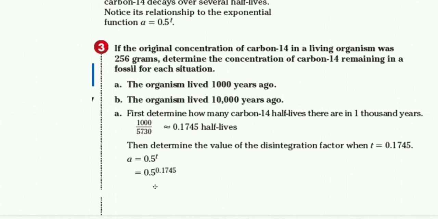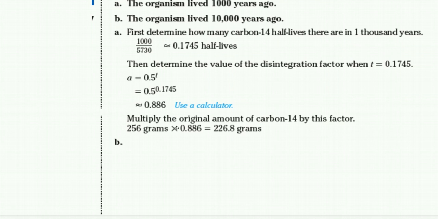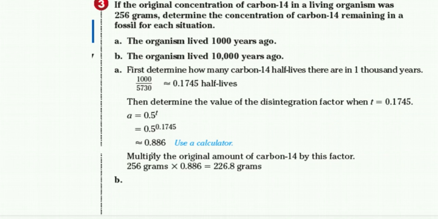And using a calculator, A equals approximately 0.886, okay? And after getting 0.886, we simply multiply the original amount of carbon 14 by this factor. So you get 256 grams multiplied by our disintegration factor of 0.886 will give us